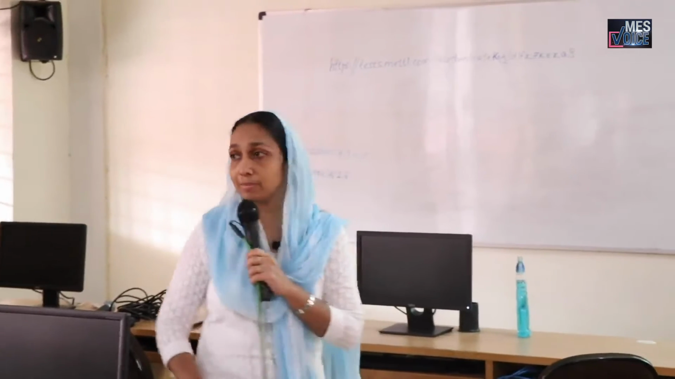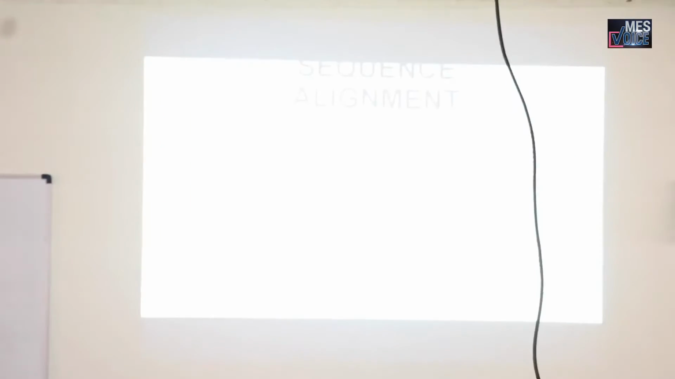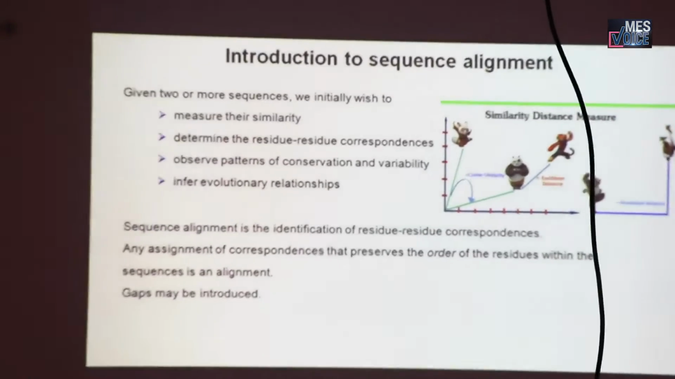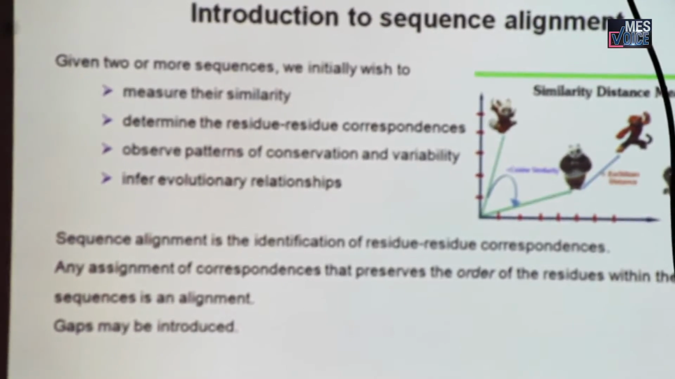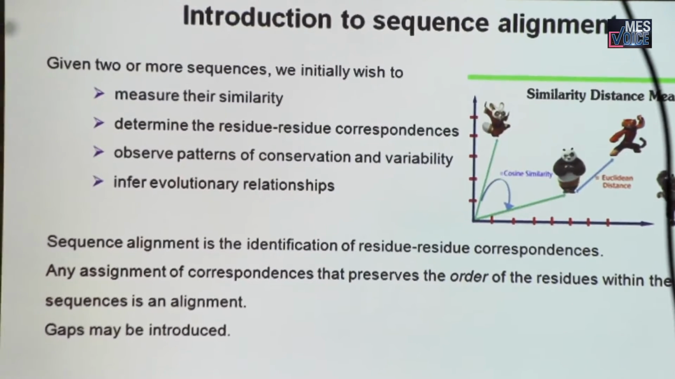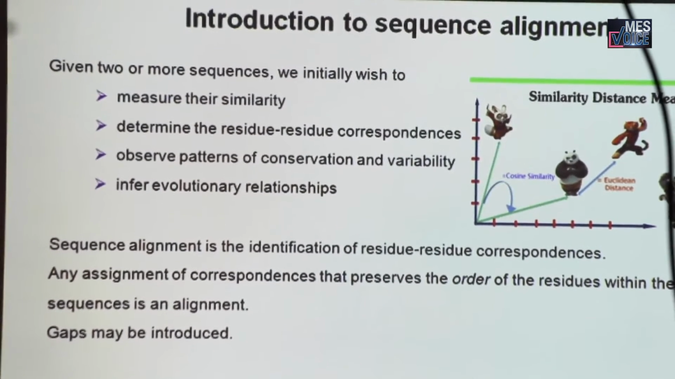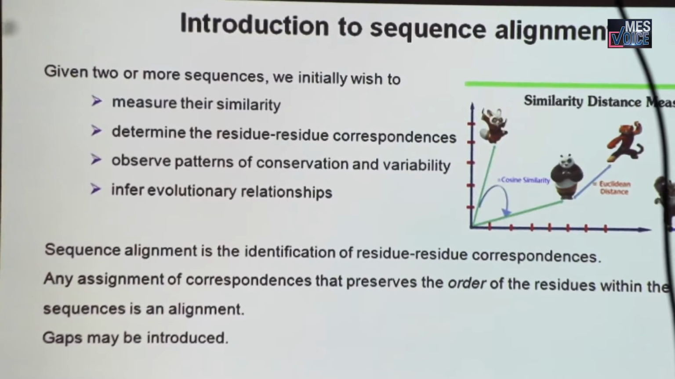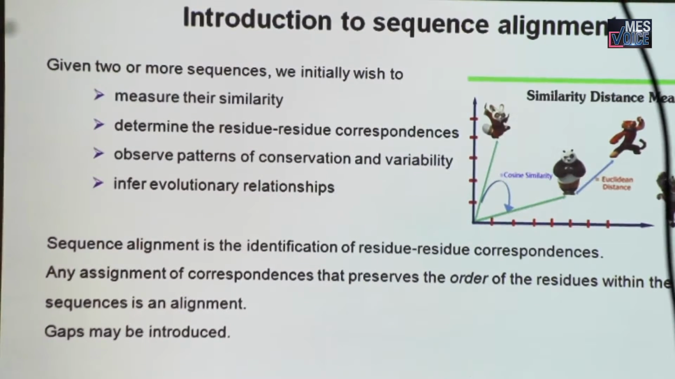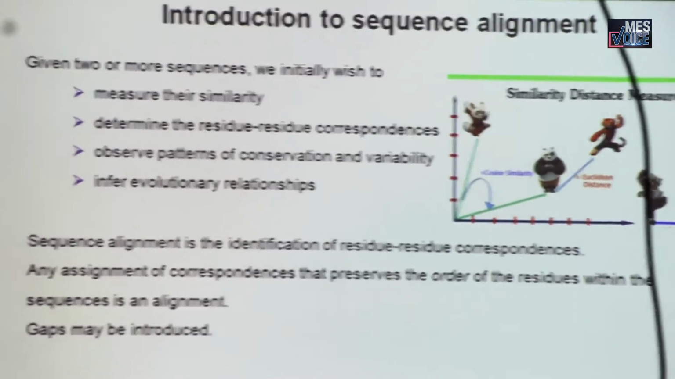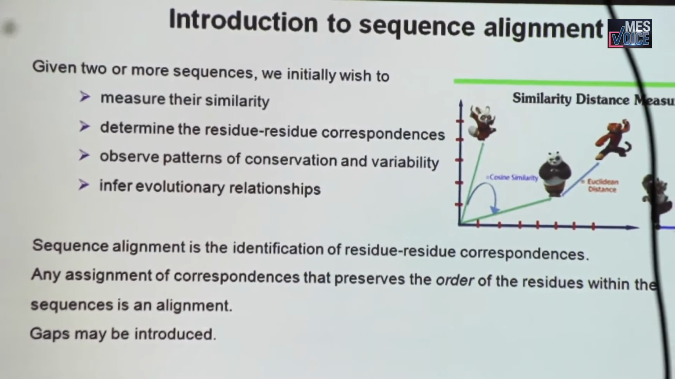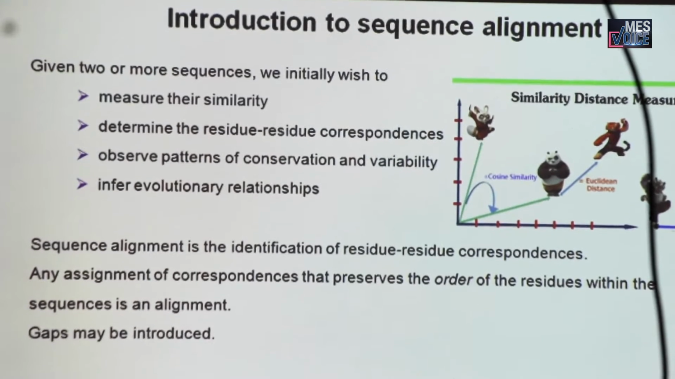This is a multiple sequence alignment. This is the identification of residue correspondence. In sequence alignment, it is the identification of residue correspondence in sequences. Any assignment of correspondences that preserve the order of residues. That is, if it is a string, that order of residues within the sequence should be maintained in an alignment,